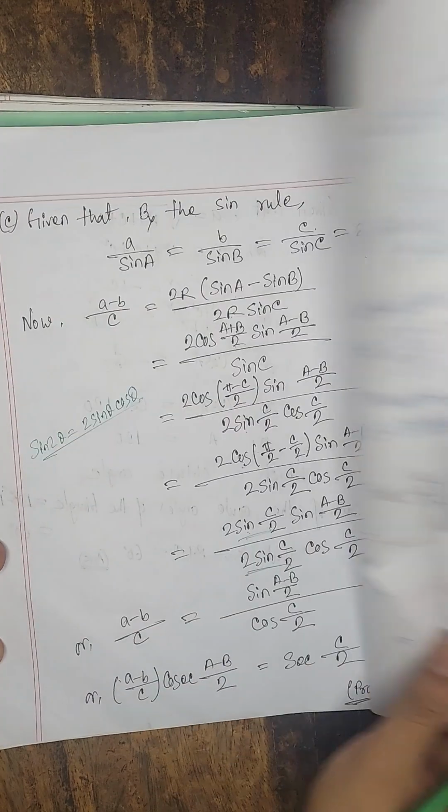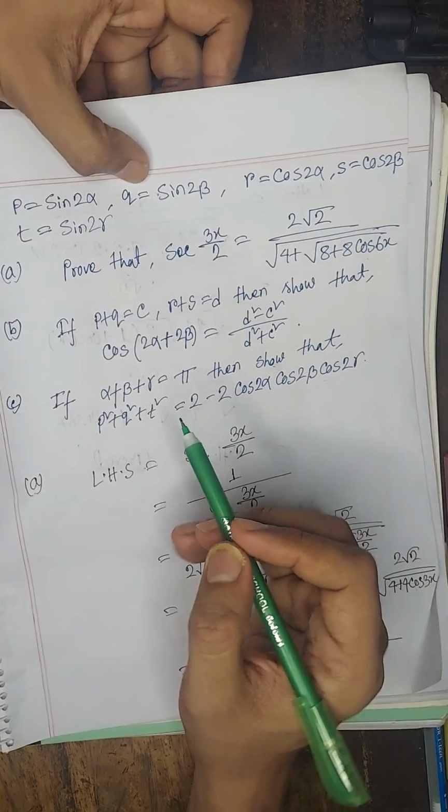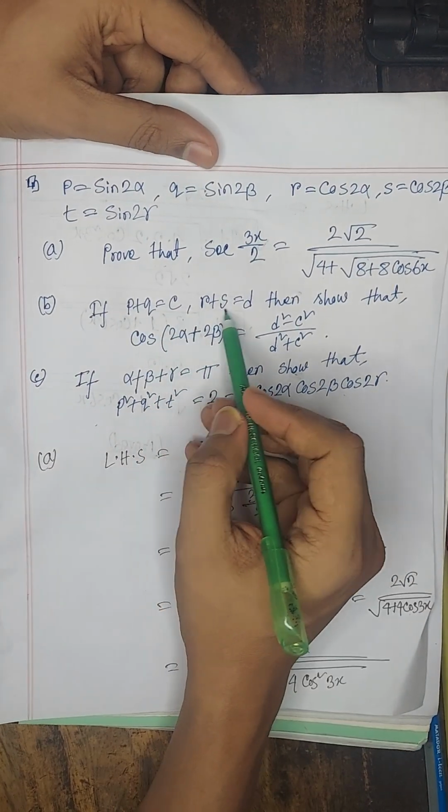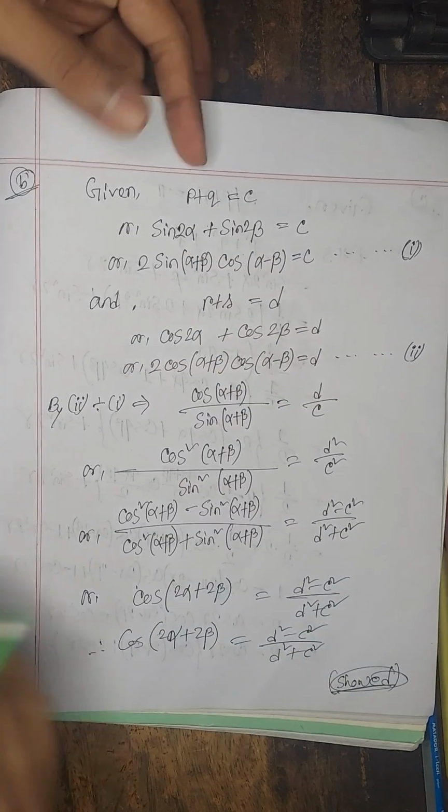Okay, and now the second part. Our question was: p plus q is equal to c, r plus s is equal to d, and then we have to show this. Okay, now